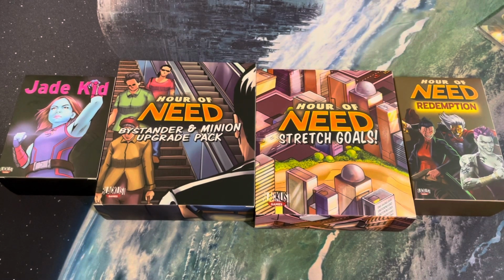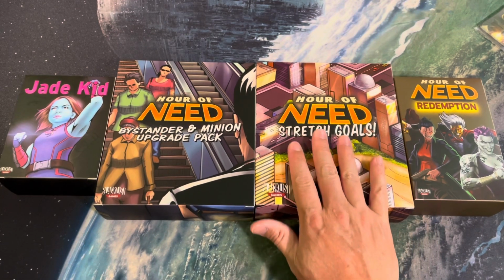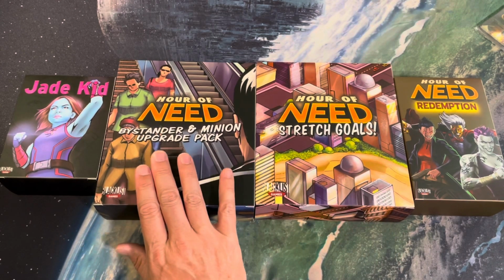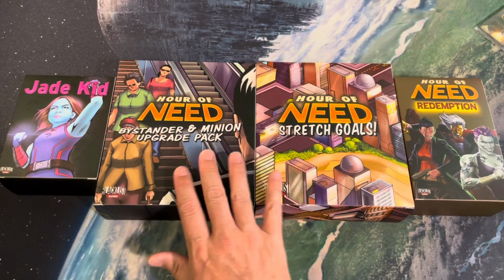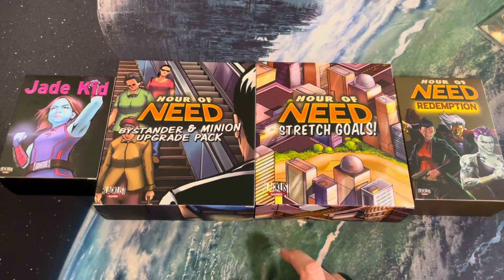Don't really need to take a look at them right now. So again, this is the stretch goals, which I think is a couple more heroes, maybe another villain. This is upgrading all the tokens that we just saw to miniatures. I'm pretty sure both of these were considered stretch goals. The Jade Kid was kind of like a gift,